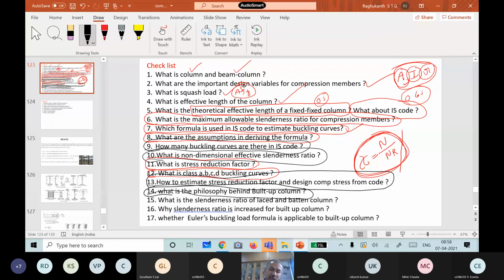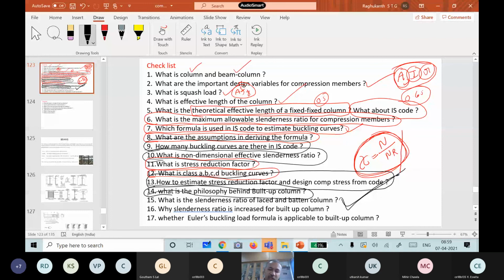What is the slenderness ratio of laced columns and battened columns? For the laced column, what is the factor? 1.05. Okay, for the laced column. For battens it is 1.1.